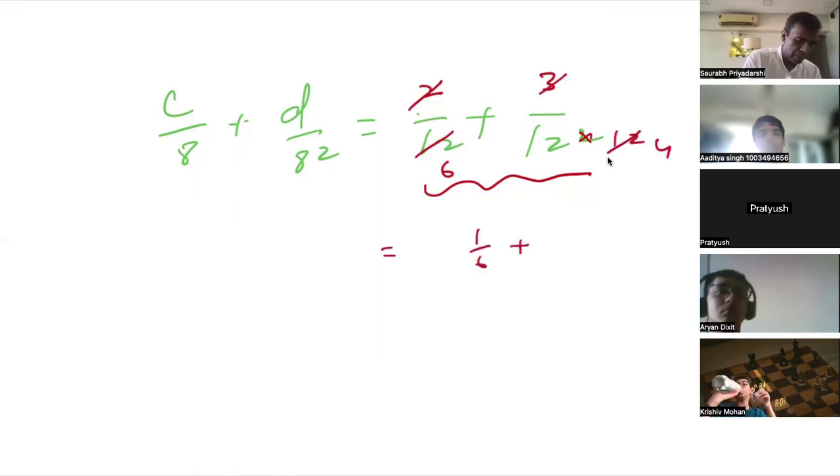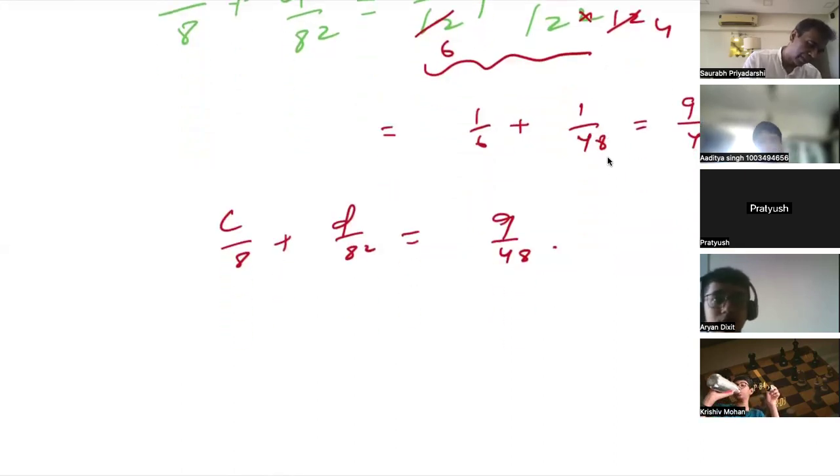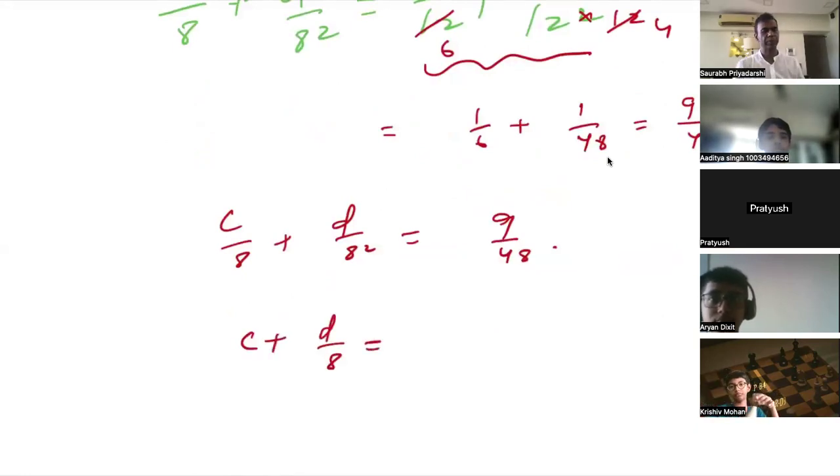One by 6 plus 1 by 48. 8 plus 1, 9 by 48. C by 8 plus D by 8 square is equal to 9 by 48. Multiplying by 8, C plus D by 8 is equal to